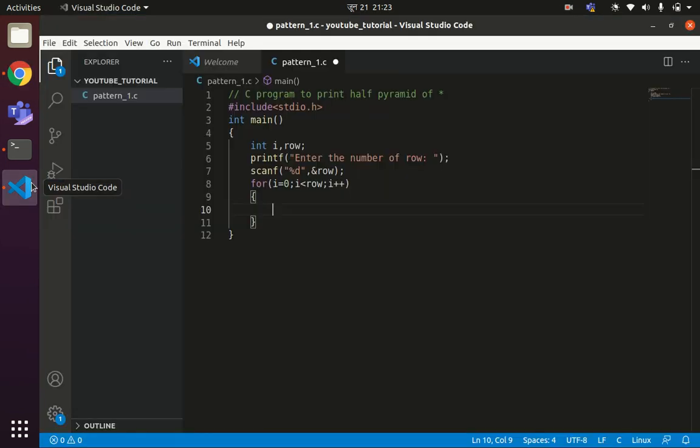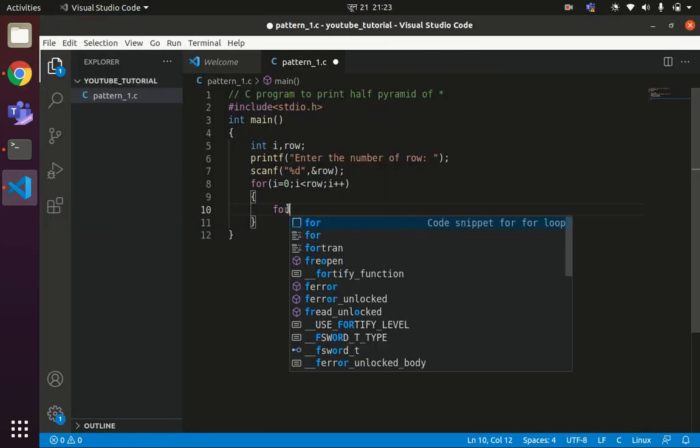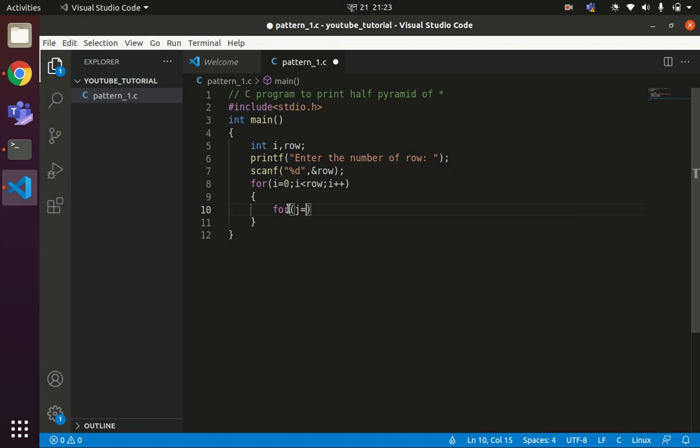So for j equals to 0, j less than or equals to i, j plus plus. Okay, here you can see this inner loop is dependent upon what? The outer loop.